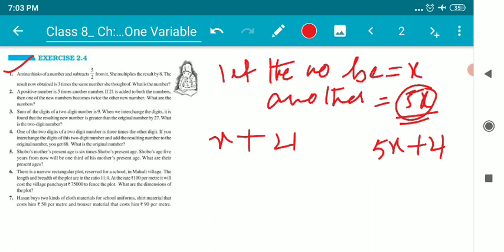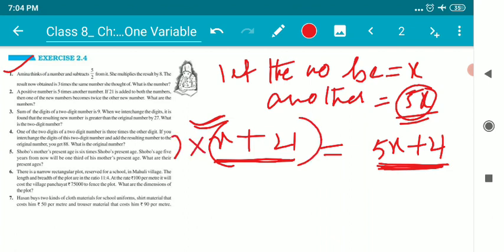Then one of the new numbers becomes twice the other number. So children, they are saying that this number will become twice of this number. The new number which has been formed is twice of this number. So if I want to write the equal to sign in between them, 2 should be multiplied with the left hand side or right hand side? Of course with the left hand side, because this side is already double of it. So if I want to make them equal, 2 should be multiplied with the left hand side, not with the right hand side.